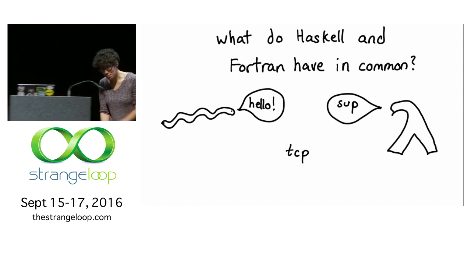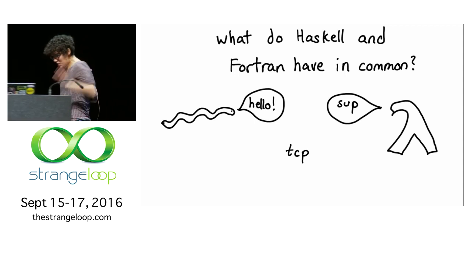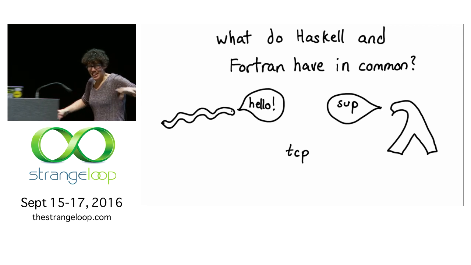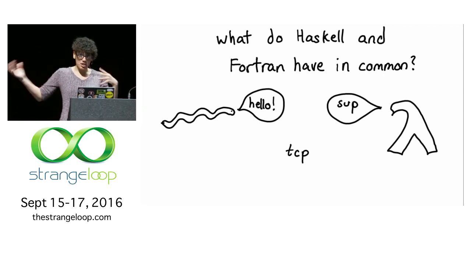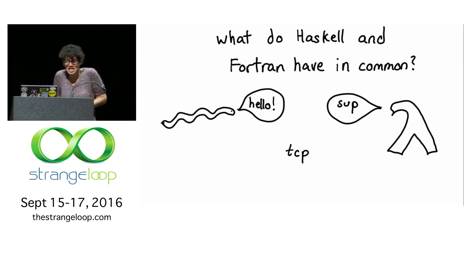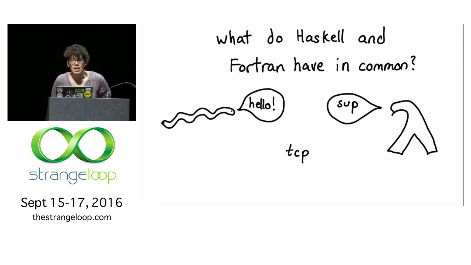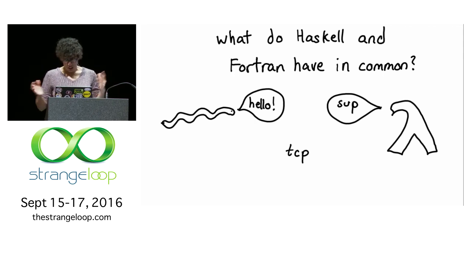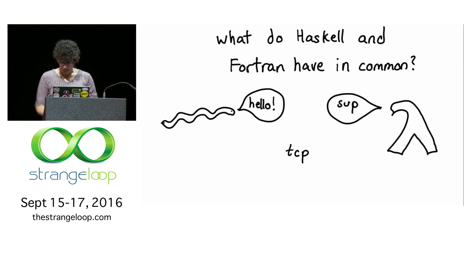There's a lot of programming languages stuff at this conference, right? And I'm not going to talk about programming languages at all. But one thing Haskell and Fortran have in common is that when they talk to each other, they might all talk using a computer network, and they're all using TCP. So the common theme to everything I'm going to be doing today is stuff you can use on any programming language. We're going to be talking about the interfaces that programs use to talk to each other.